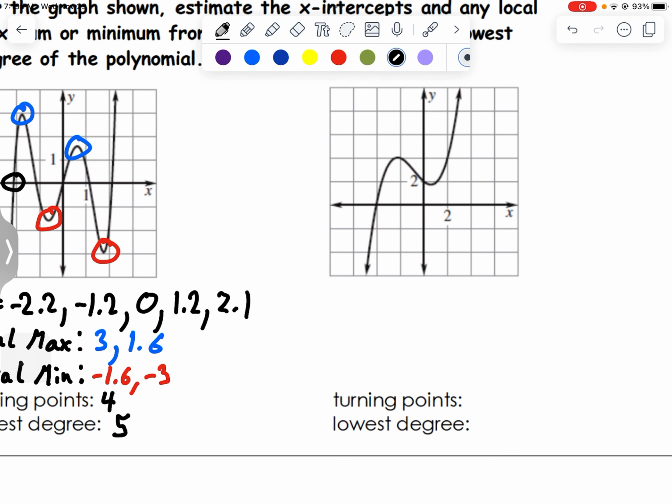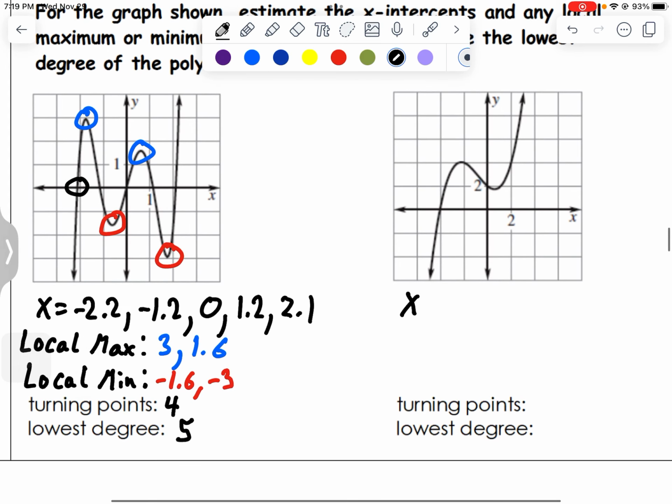Here's our next one. This one's a little bit smaller. Looks like we have an x-intercept of negative 4. Be careful on this one because we're counting by 2's. So we do want to be cautious on that. We got negative 4. Local max